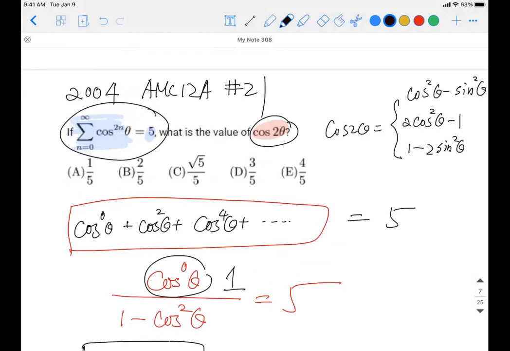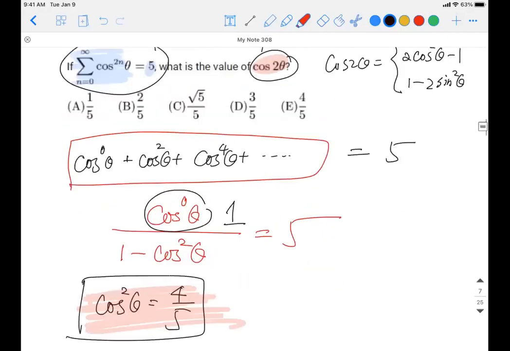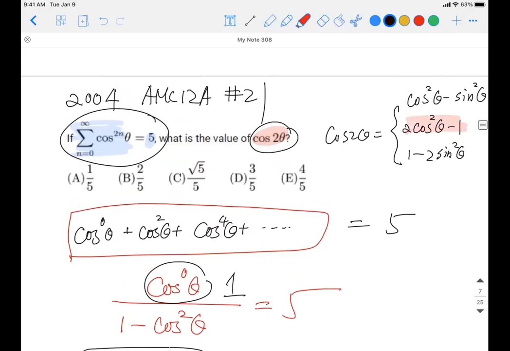If you're not so familiar, no problem. We're going to talk about it in our identity lecture. Today, I just want to give you something fairly easy, fairly quick. There are actually 3 different ways to represent cosine 2 theta. Today, because you already know the value for cosine square theta, you're probably going to choose the one in the middle, which is 2 cosine square theta minus 1. So that one is going to give you what?